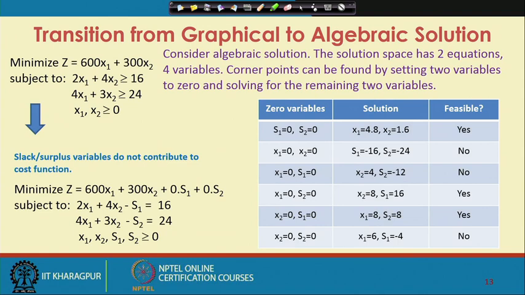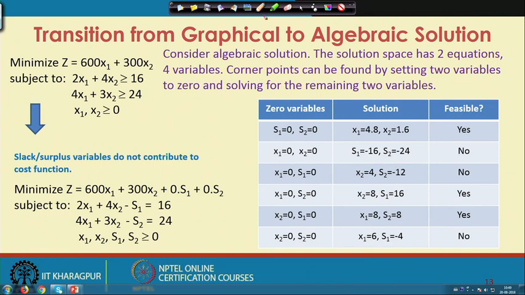You can set both S1 and S2 equal to 0. You can set both x1 and x2 equal to 0. You can set x1 equal to 0, S1 equal to 0; x1 equal to 0, S2 equal to 0; and x2 equal to 0, S1 equal to 0; x2 equal to 0, S2 equal to 0. So, all these 6 cases are possible, and when you do this, you can easily find out